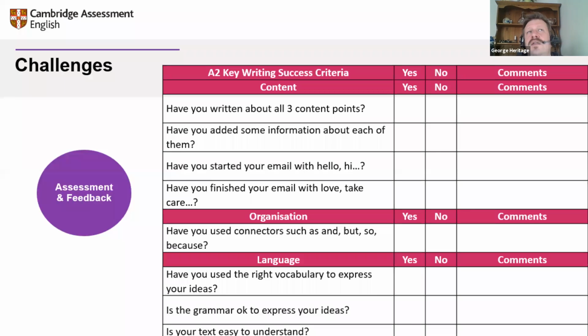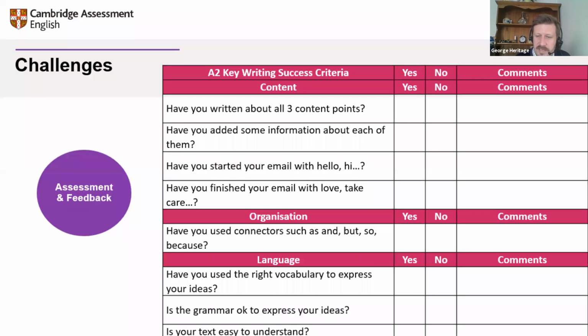You can find sample scripts in all of our handbooks for each level, so A2 Key, B1 Preliminary, the teacher's handbooks. You have a selection of different scripts at different levels, and you have the examiner's comments and the way that they mark there. And they always quote the criteria, give an example, quote the criteria, give an example. Exactly the same with our free speaking exam videos on YouTube, where you can download the examiner's comments: quote the criteria and give an example.